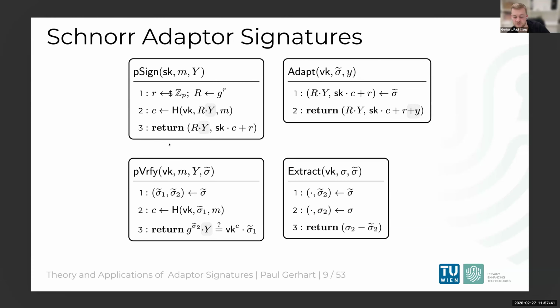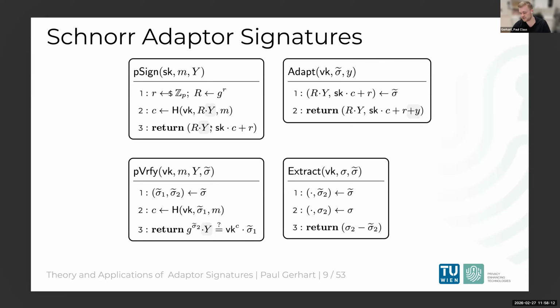Good question. Thank you. We have two problems here. The first problem is whenever we want to make an adapter signature without changing the underlying verification equation, we need to use an algebraic structure in the signature scheme. And therefore, we need to use a statement-witness pair which works well with the signature, if this makes sense. The good point is that if we have a D-log relation, we can use any other hard